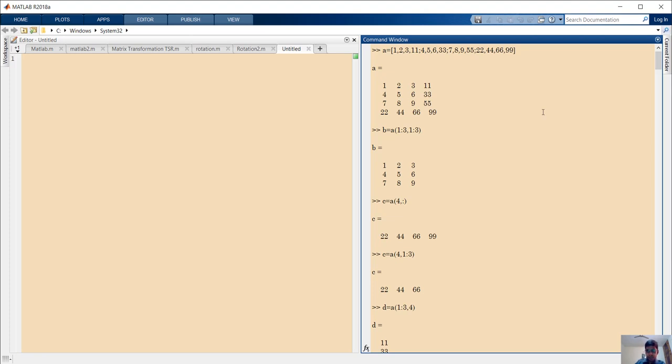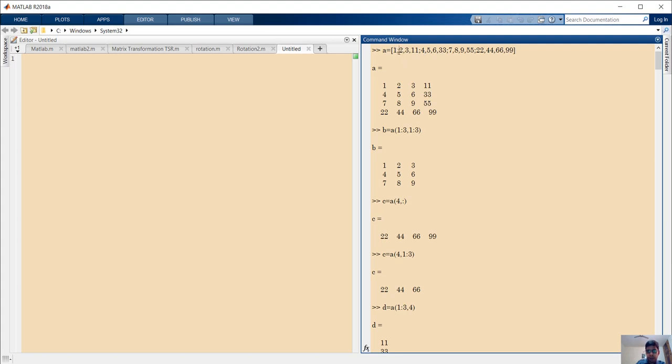Hello computer-aided design engineers. As you can see, here we are on MATLAB, and today I am going to talk about matrices and how to create a matrix in MATLAB. And as you can see, this is our A matrix, and to enclose our matrix we use square brackets,